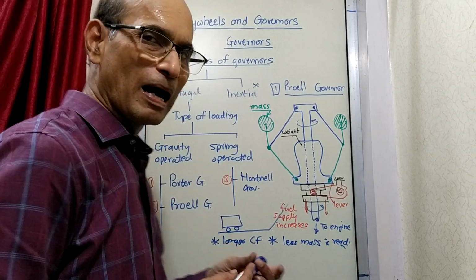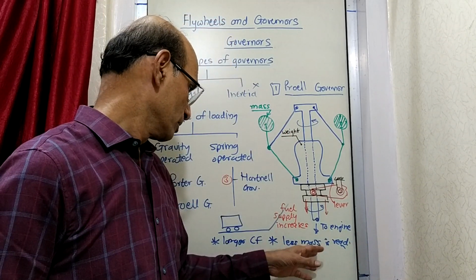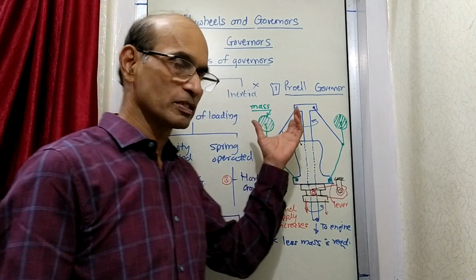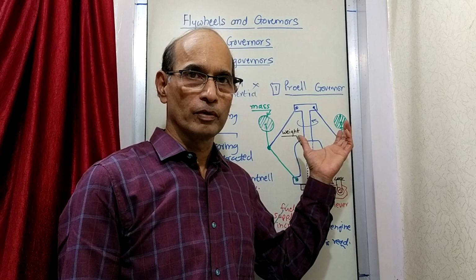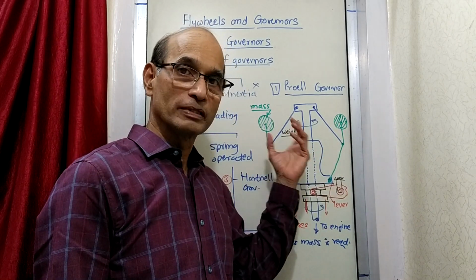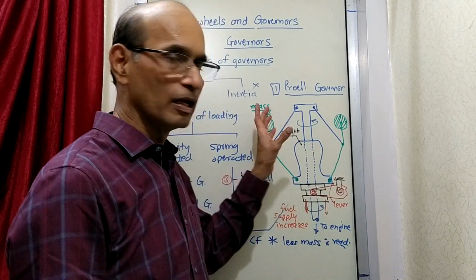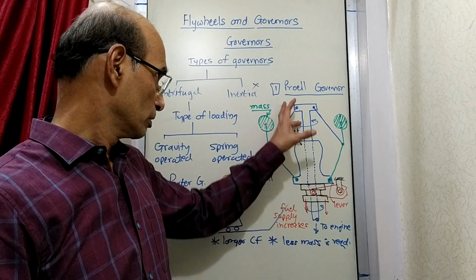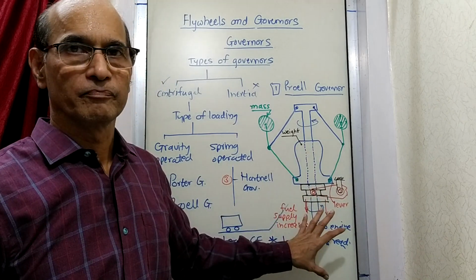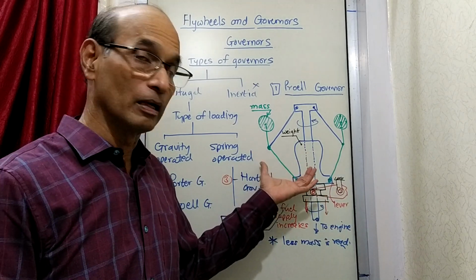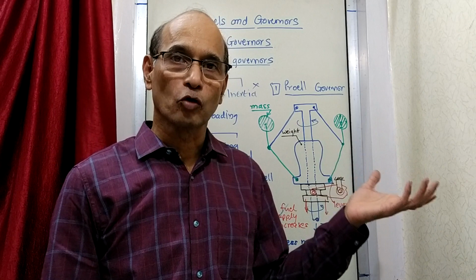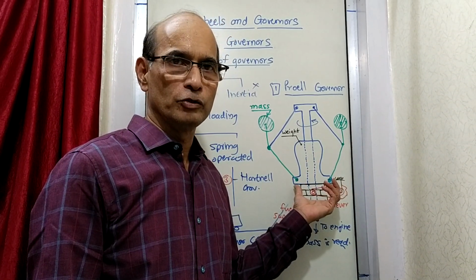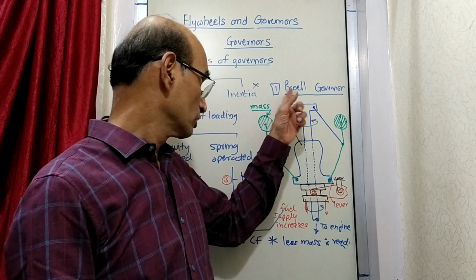So even with less mass you can work, because with less mass you can still get the same amount of centrifugal force, because the tendency is to provide more force than the earlier case because of the change in the length and some kind of theory which is there behind it. So that is the Powell governor, everything else is the same. Maybe you can say it is economical, because lesser mass means lesser cost. So with a lesser cost you can still get the same usage or benefits. Okay, that is the Powell governor.